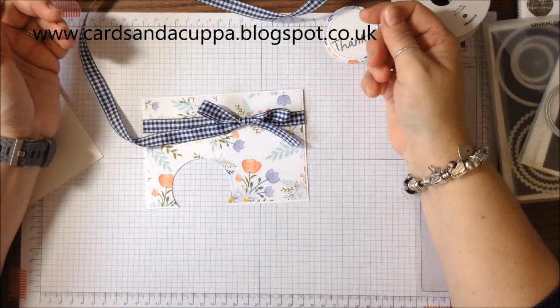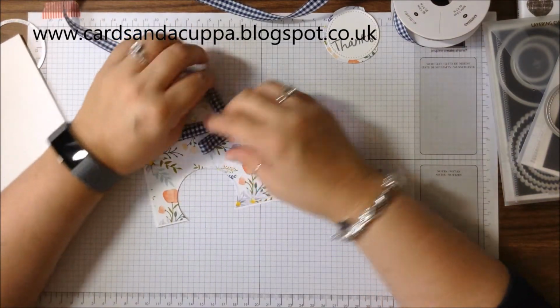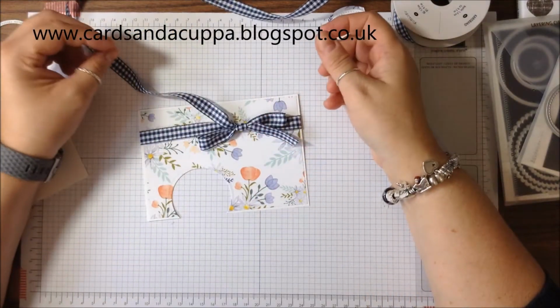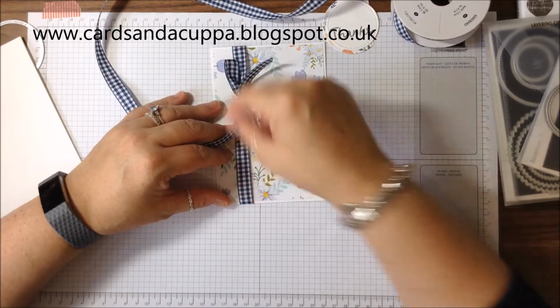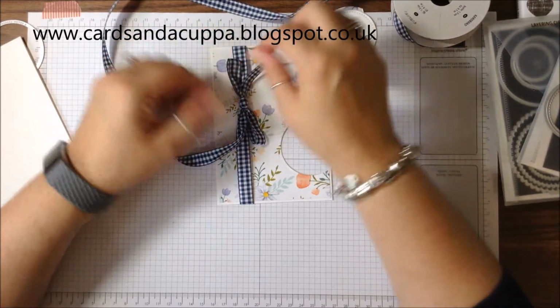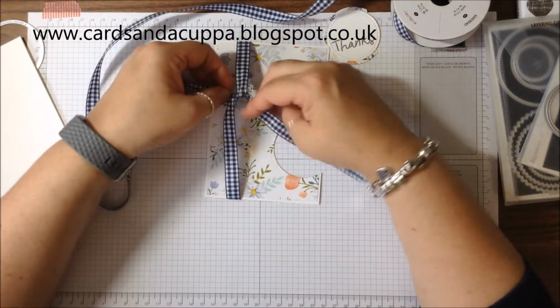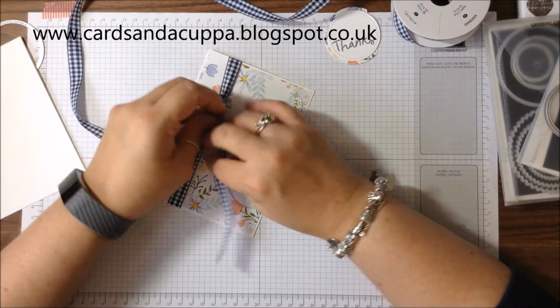So if you want a traditional style bow, leave the ends down. If you want a sort of a more modern bow, twist your ends around. If you want a bow that is going up and down with a ribbon, but you want your bow to sit across as you're doing it, then that's easy too. All you do is tie your ribbon and then tie a knot,